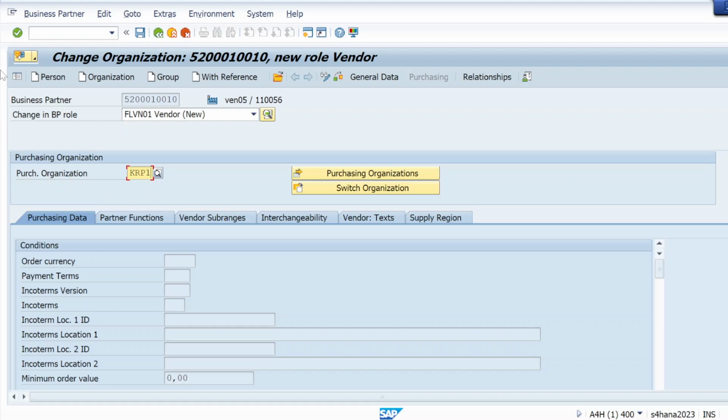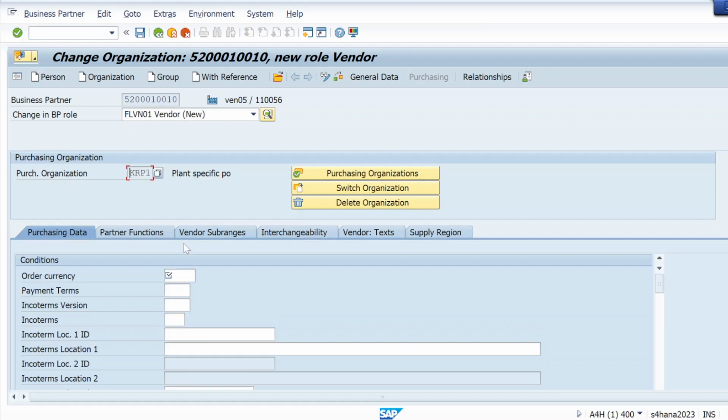So that's my purchase organization. Just give your purchase organization, hit enter, and here currency, so I'm taking USD. Payment terms is for a domestic vendor and Incoterms is for an import vendor. So let me take a domestic vendor here and hit enter.